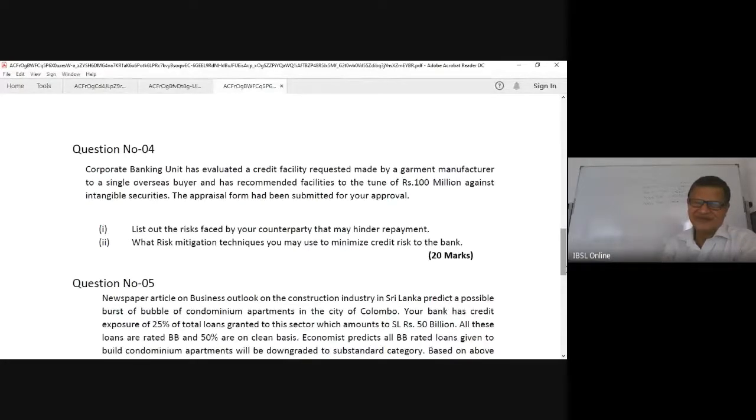So in his appraisal, we need to see the risks he faced: financial risk, the country risk of that bank, that particular country where his buyer is, and the buyer risk, for which you can take a status report. He faced forex risk because of the currency deals, for which you can do a forward booking. So if you can answer in this fashion,